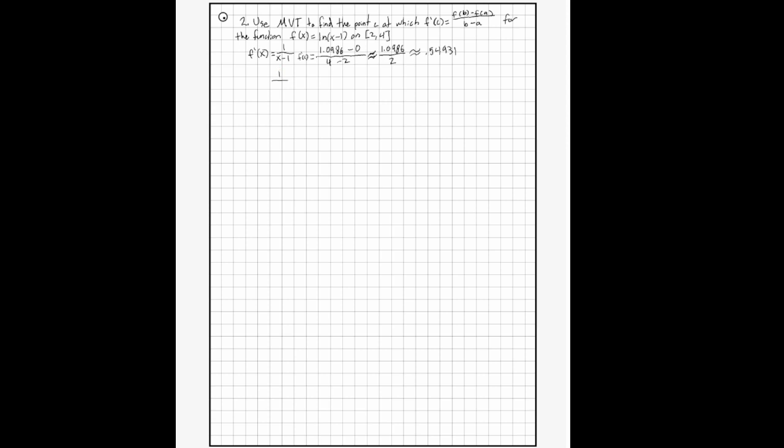So I got 1 over x minus 1 equals, well, gosh, I keep forgetting to do this, 0.5493 and then 1. So first thing I need to do is multiply each side by x minus 1, which then gets me to about